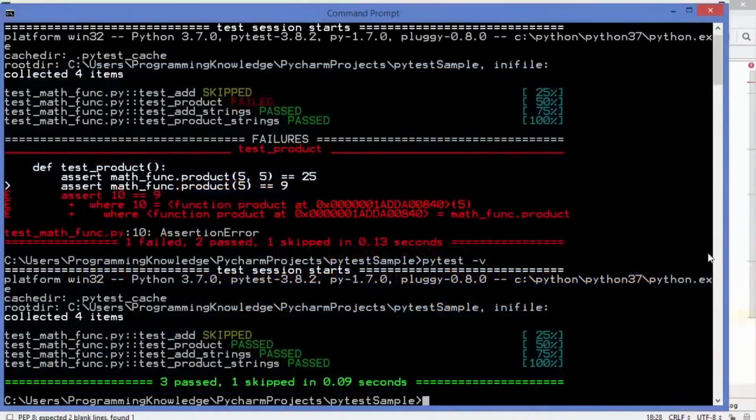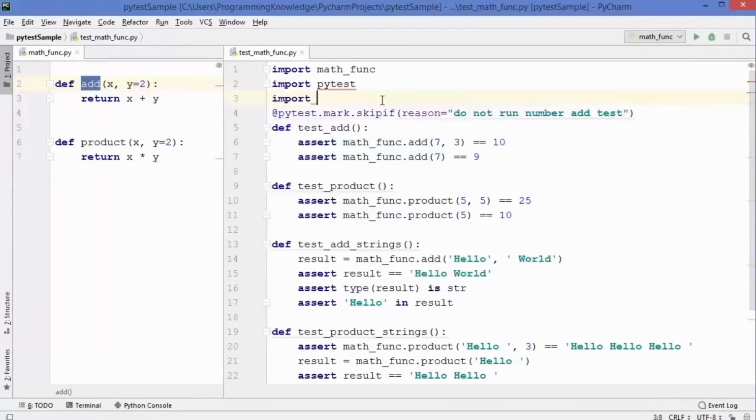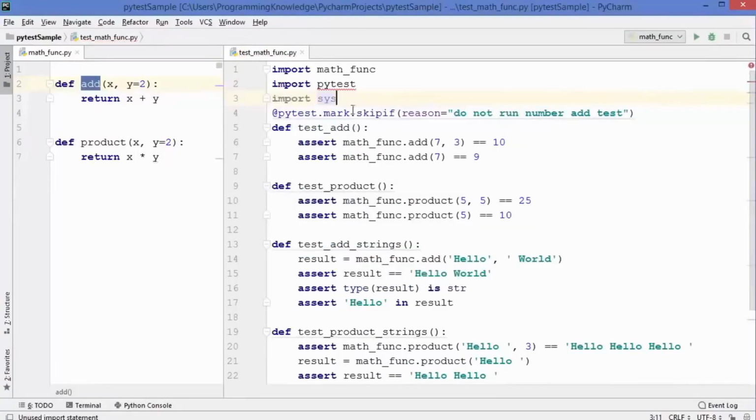Also there is a skip if option available. So here instead of skip you can just write skip if. This skip if is going to check for some condition. So let's say I'm going to import the sys module here, which is going to give me the information about the Python version I'm running. And then as a first argument, I can first of all give some condition. I'm going to just write sys.version_info, which is going to give me the version of Python available, and I'm going to check if this version is less than, let's say, 3.3, then I want to skip